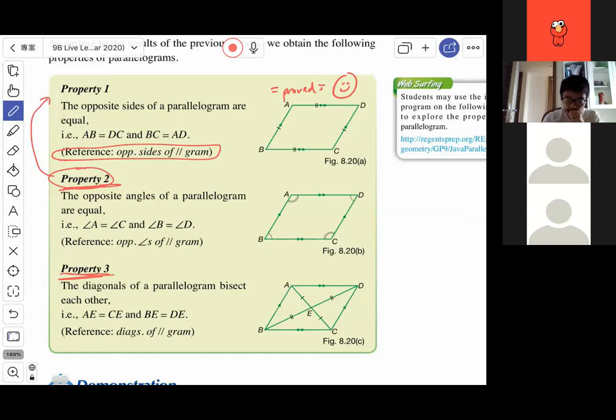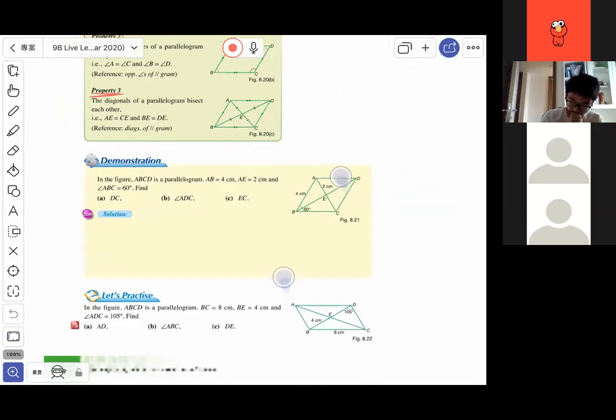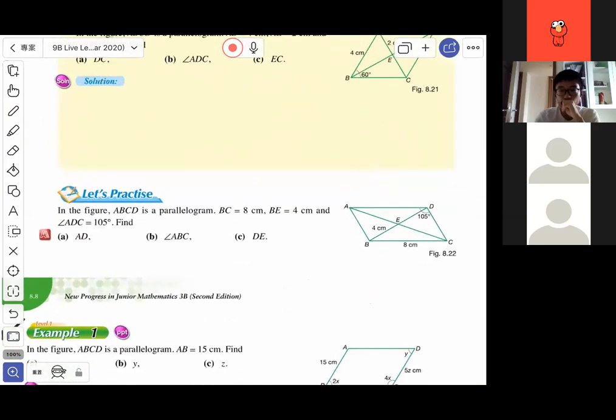Okay? So you can try. 有興趣就自己寫一個 proof 啦，好似我頭先咁樣寫個 proof，寫完你可以 send 俾我，咁我就望一望啦。Alright, so in this lesson, actually the most important things has